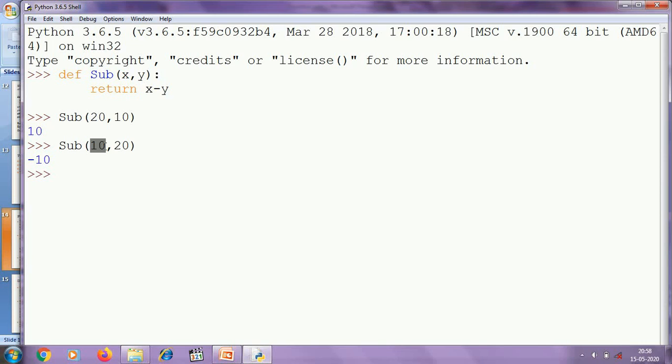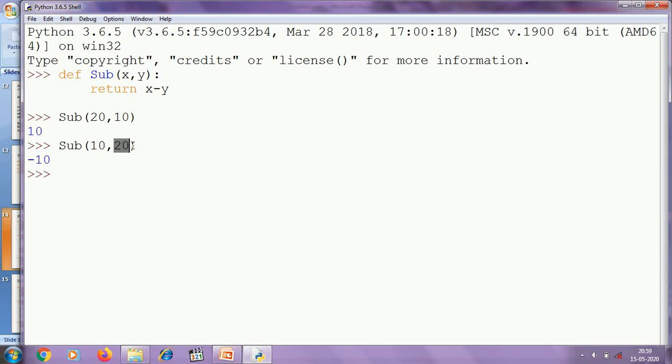I want to clarify one more thing. I am telling that x is initialized with the value 10 and y is initialized with the value 20. But actually in Python, it is the game of reference. That means x is referencing this object 10, y is referencing this object 20.